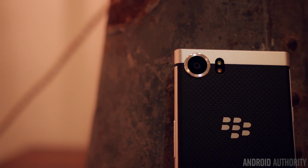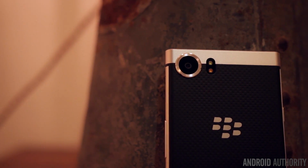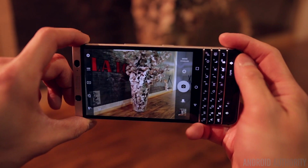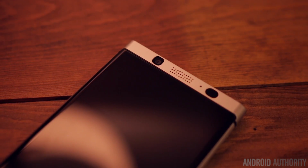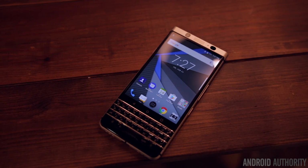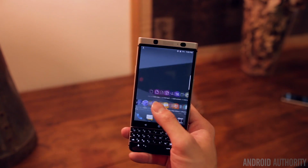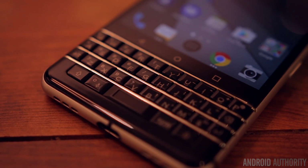The rear camera comes in at 12 megapixels with f2.0 aperture and a 1.55 micron pixel size, so it should be decent in low light, and on the front you have an 8 megapixel shooter. Right below that is the 4.5 inch 1080p LCD with a 3:2 aspect ratio, and it is a touchscreen as you would expect, but you can also do your navigation with the physical keyboard that we all know and love